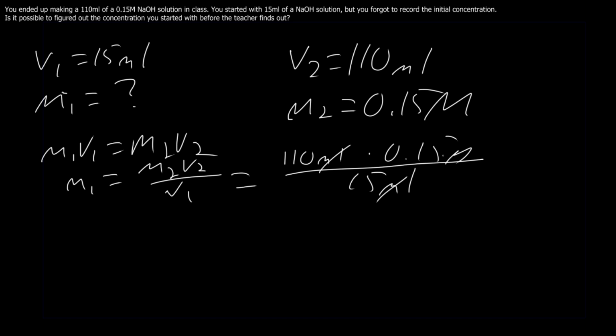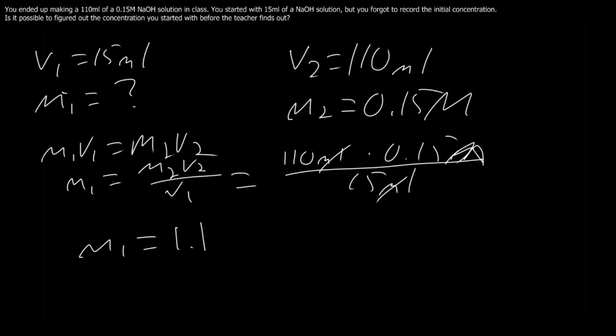And cancel out the milliliters. All I'm left with is an M. A very badly drawn M, but it's okay. We'll get to the next part soon. So now we just plug this into our calculator. So after plugging this into our calculator, we realize that we have M1, which equals